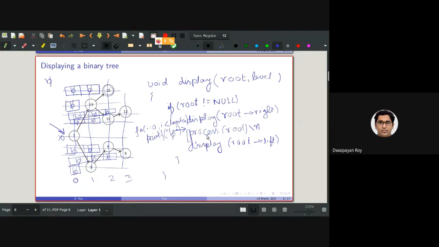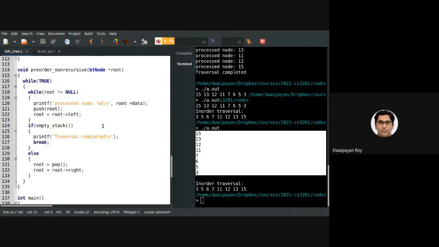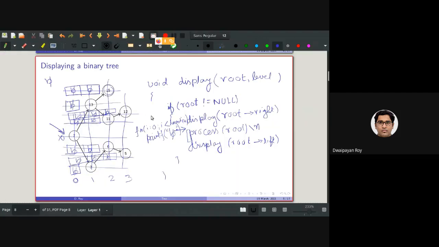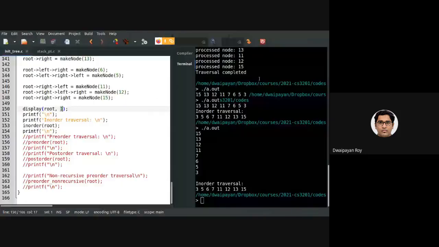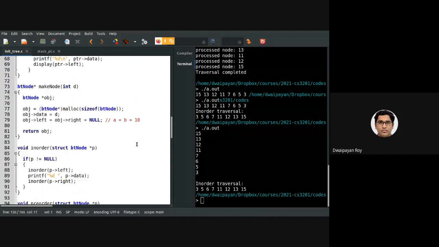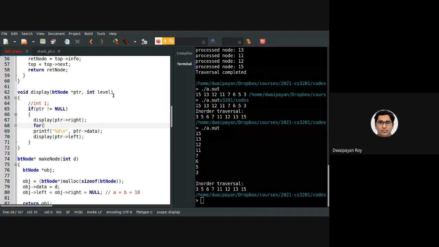Now you can see why I am passing 1 here. Can you guess why I am passing 1 from here? Because if I pass, let's just put it, and then you will be able to better understand. So the display function is here. What I have said is, I will be passing this label and I will be printing that many spaces before printing the actual data.